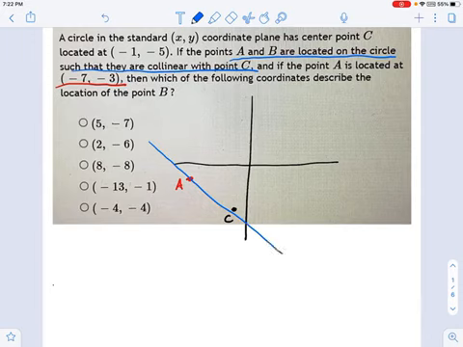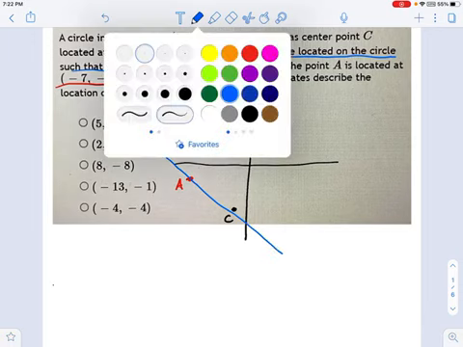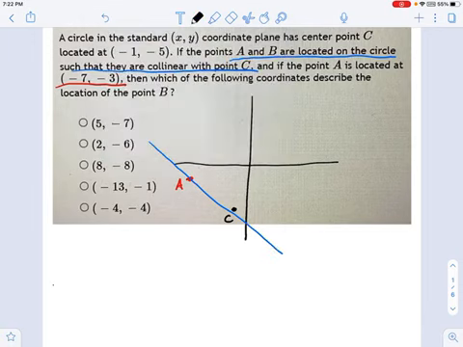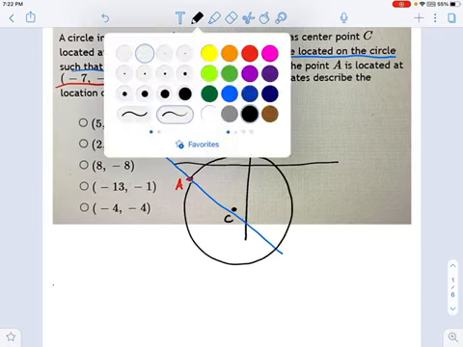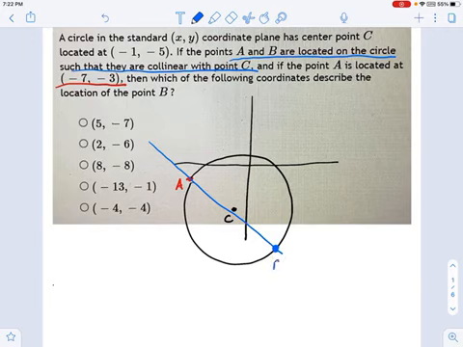Well, is it over here, or is it over here? Not really sure. But remember, there's a circle in this picture, and its center is at C. So the circle is going to look something like this. That's not bad. Well, if it's on the circle, it has to be here. I've only got one choice. So that's great. Now I know where B is kind of located.